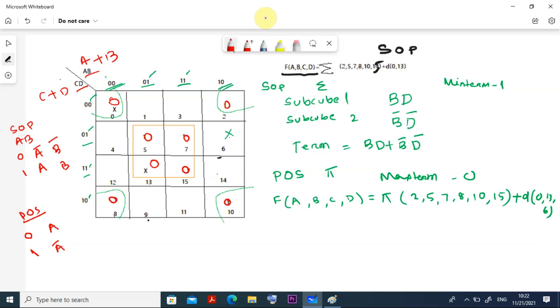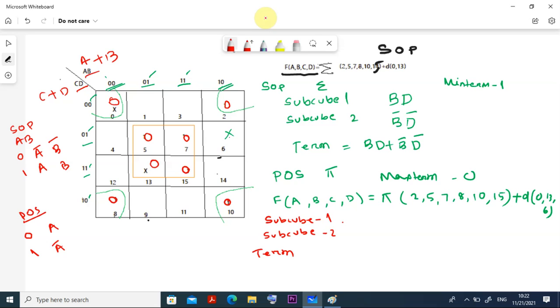So now I will have the two subcubes. I go for the subcube 1, then I go for the subcube 2, and then I go for the final term, right? Now subcube 1, you know what is the subcube 1? All these fours, 1 2 3 4, this is forming a subcube 1. So in this subcube 1, what is the common here? The common here you can find, right hand side, I already put a tick mark here. This 1 1 is common. What is 1 1? 1 1 means it should be the notation only for B, not for A.